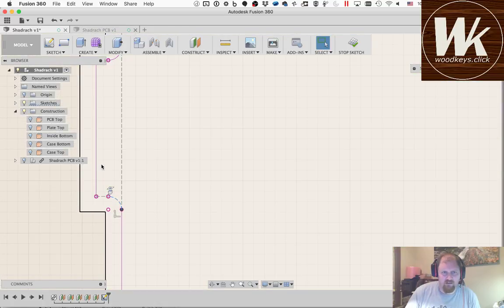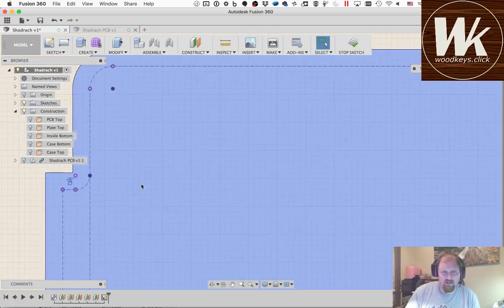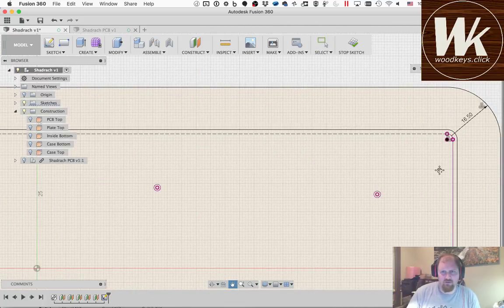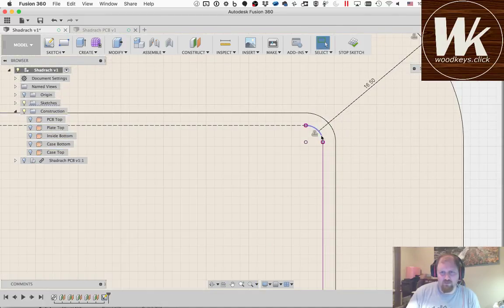You'll notice that when I hover over these sections, it highlights a section. And it was highlighting these individual sections here until I turned these into construction lines. By turning these all into construction lines, it's no longer going to select. It's going to let me select all of this at once rather than having to select it as individual little pieces, and that'll be easier when we get over here to the